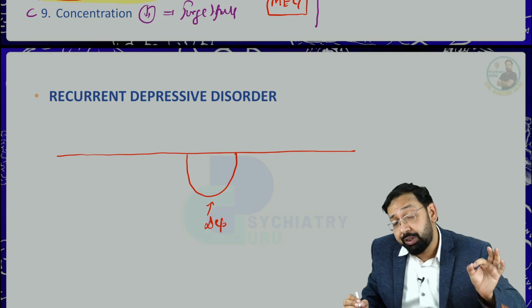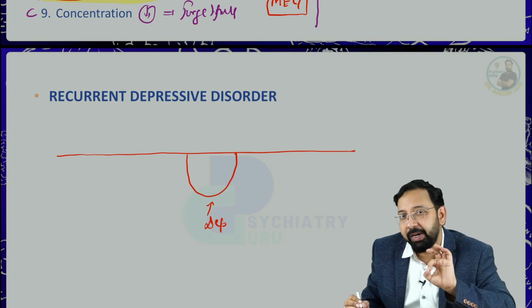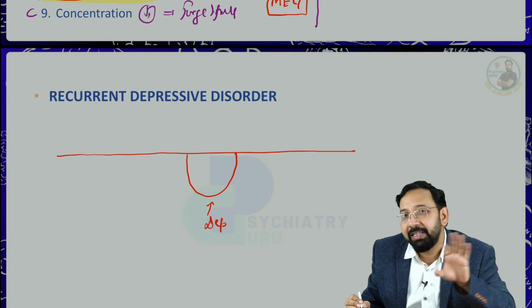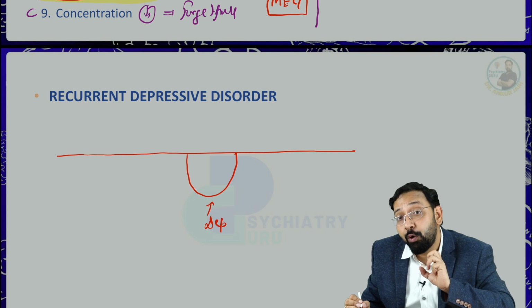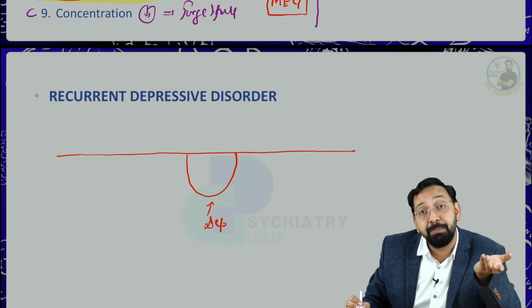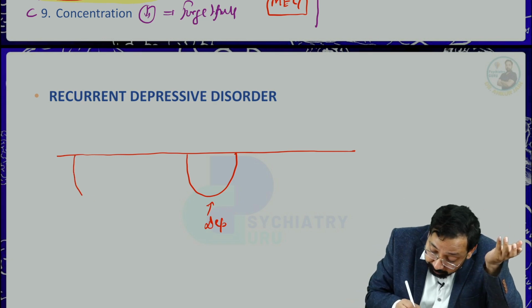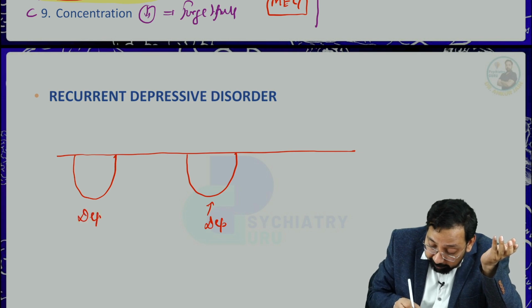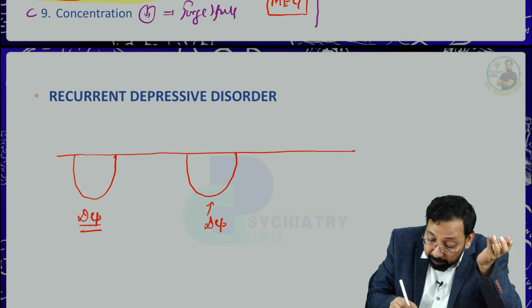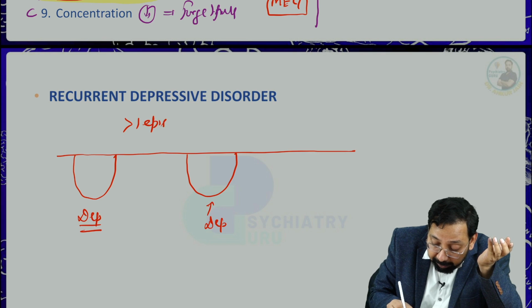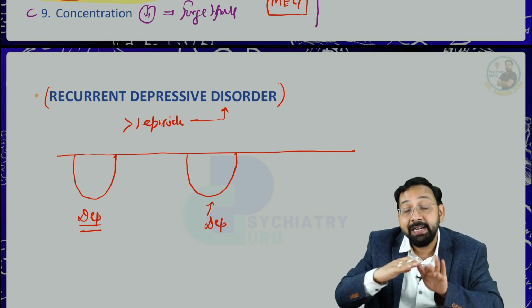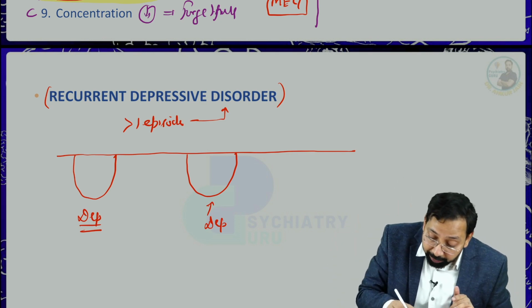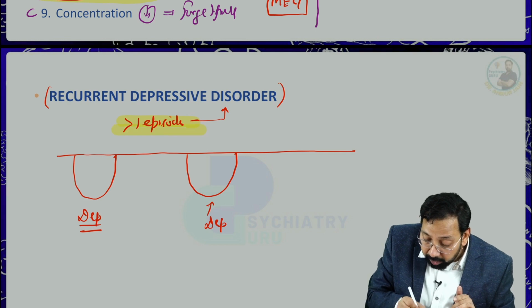You took the past history. Past history is very important, not only in psychiatry, in other branches also, but in this it is important. Suppose you found that the patient was having a previous episode of depression. So we will say it is more than one episode of depression, and we will make the diagnosis of recurrent depressive disorder. Recurrent, again and again depression is occurring, more than one episode of depression, that is called recurrent